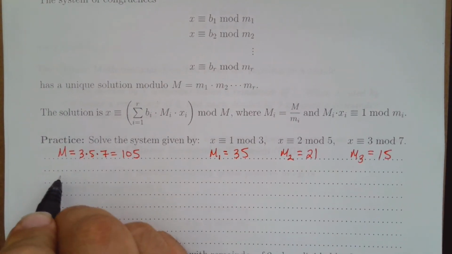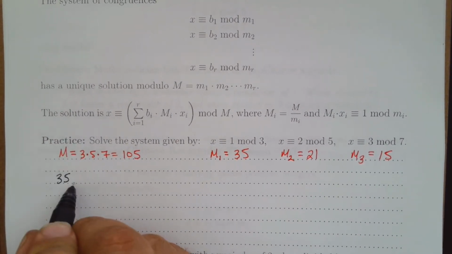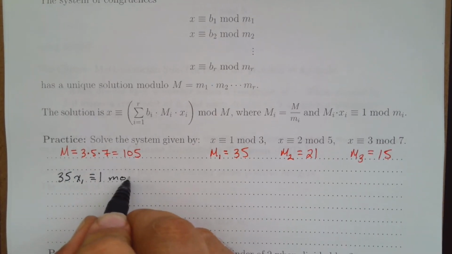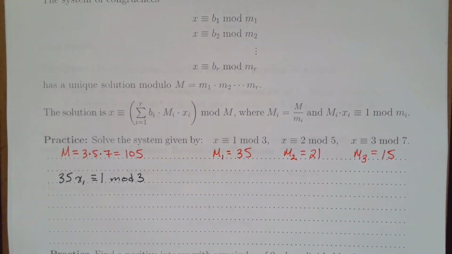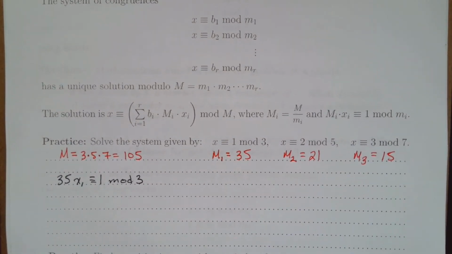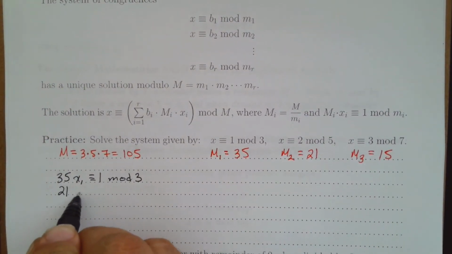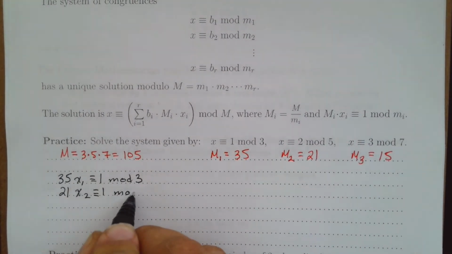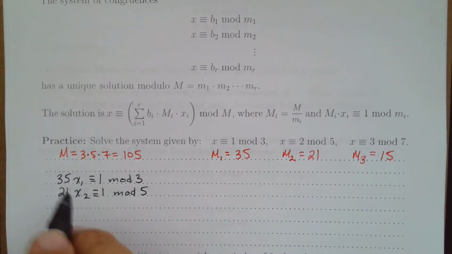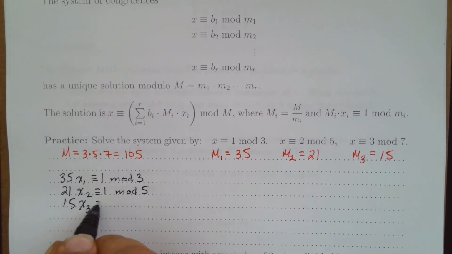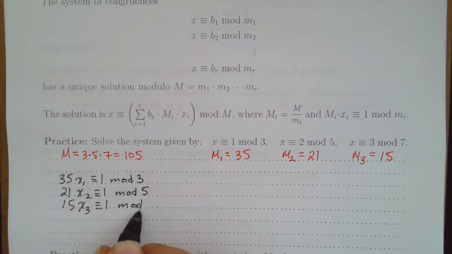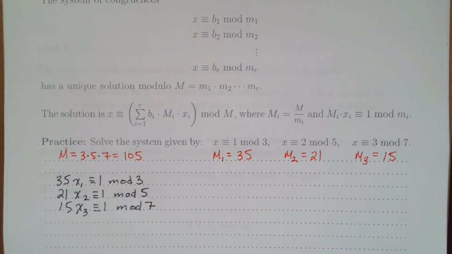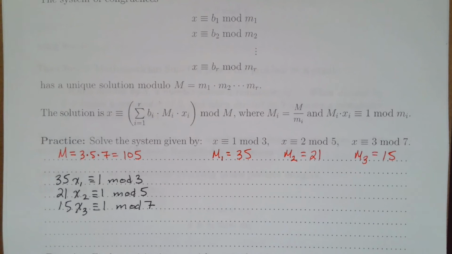So in other words, I need to solve 35 x sub 1 is congruent to 1 modulo 3. I need to solve 21 x sub 2 is congruent to 1 modulo 5, and I need to solve 15 x sub 3 is congruent to 1 modulo 7. Okay, so if this is the case, hopefully we can see that by inspection,